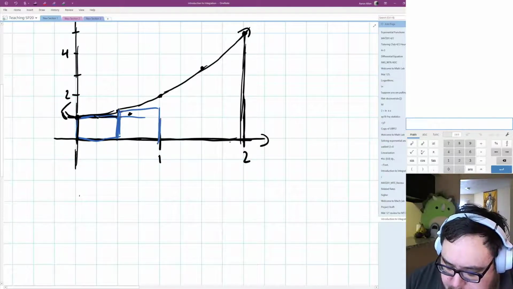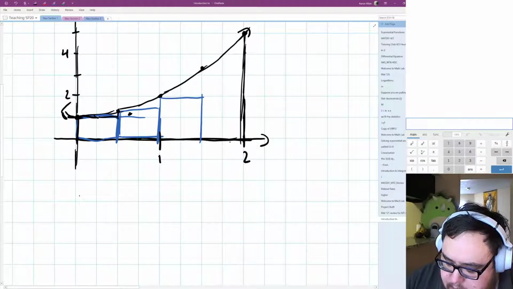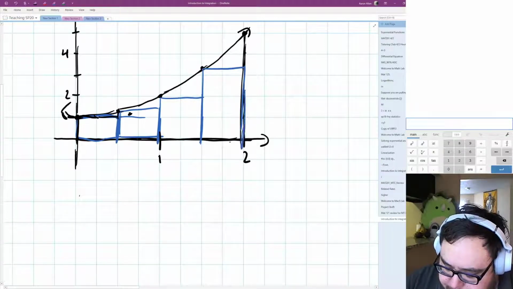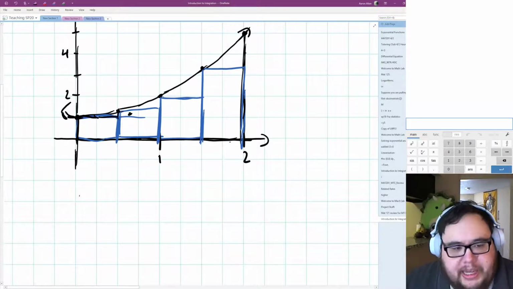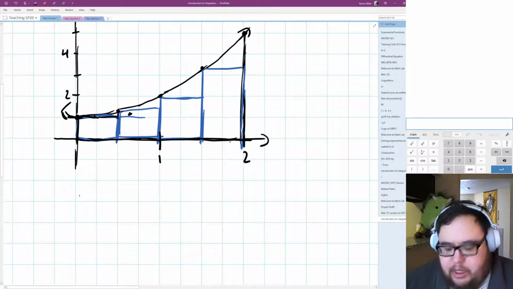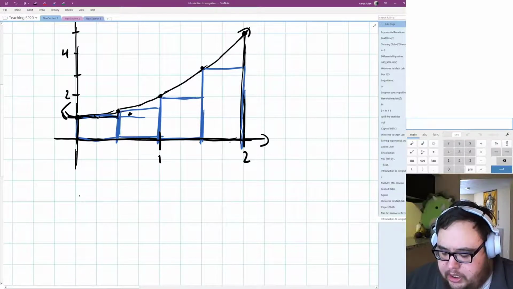Maybe this rectangle here, maybe this rectangle here, and maybe this rectangle here. In other words, we're just using basic geometric objects that we can easily find the